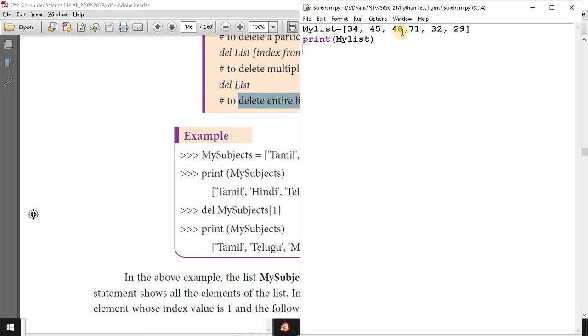Here my list consists of how many elements? You can see 6 elements are there. So how to remove one particular element? Del space list name, my list of index position. Which index position? Suppose my list of 2. What will happen? If you print the same list after that, you can see what it will display.